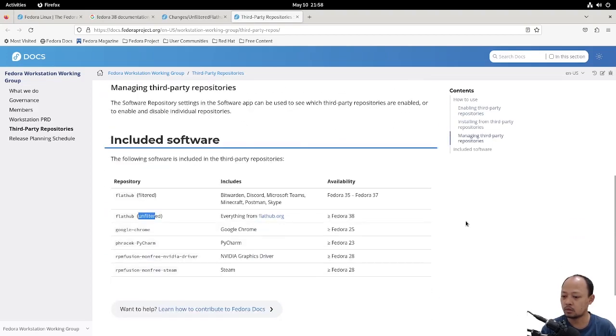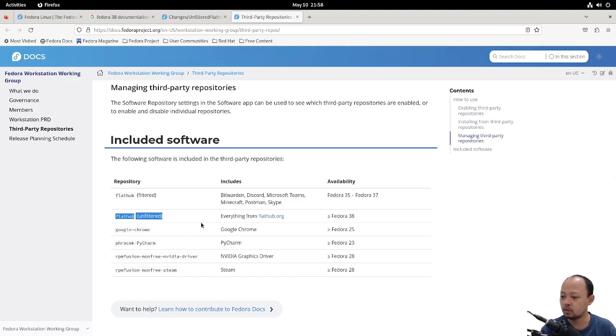Let's scroll down a little bit and you can see here, starting from Fedora 38, we will have unfiltered FlatHub access.